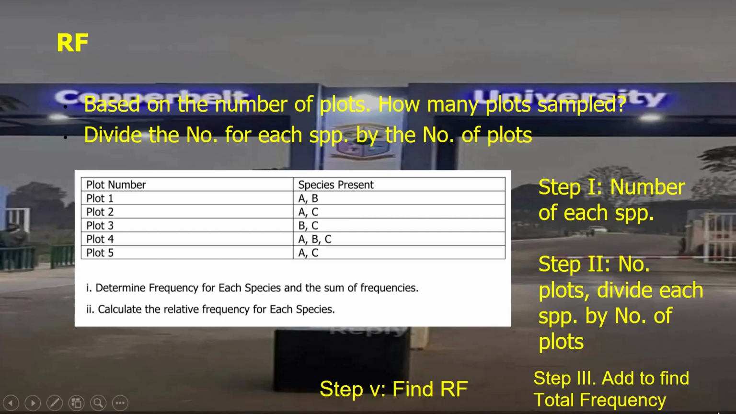So we have 5 plots. Now, under step number 2, we are saying divide each species by the number of plots. So we know that for species A, we have 4 different individuals in the population. So we divide that 4 by the number of plots, which is 5. So 4 divided by 5, if you've got a calculator, 4